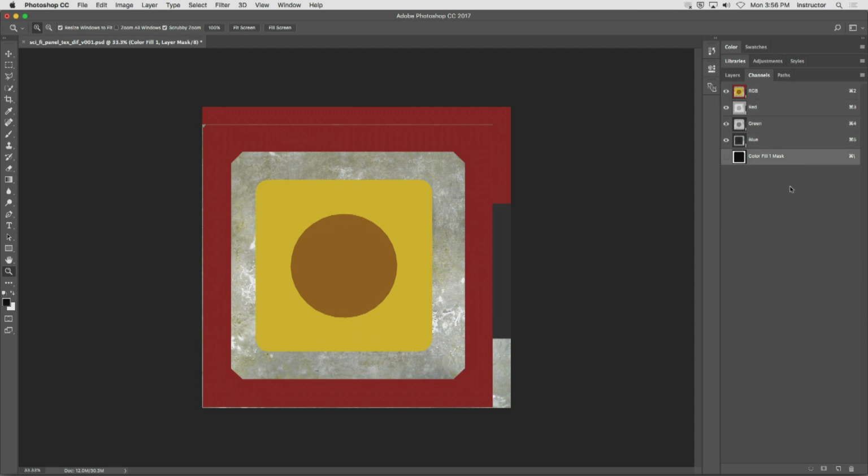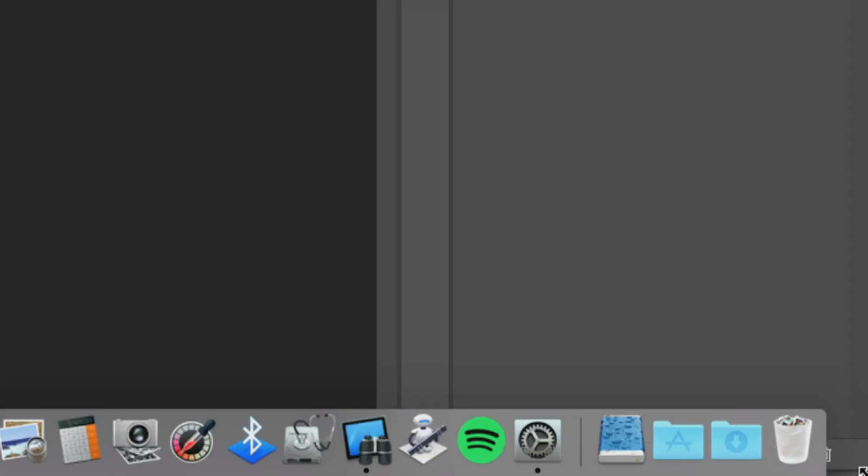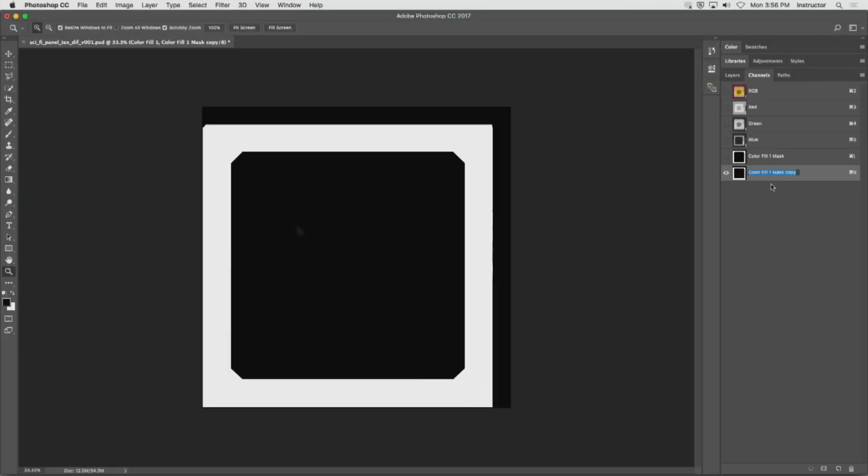It's pretty cool. I'm going to select it, and I want to drag it down onto the Create New Layer button at the bottom of the Layers palette, the little document sign, the page with the corner flipped up. And now that's going to save that mask. Let's give it a good name. I'm going to call this Outside